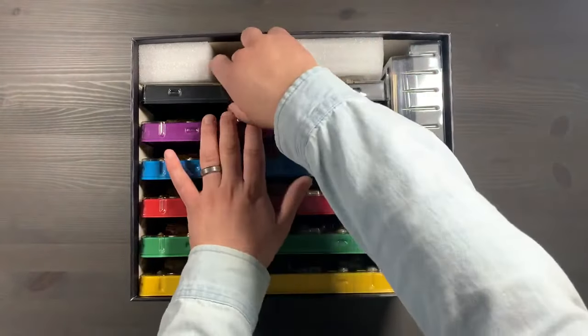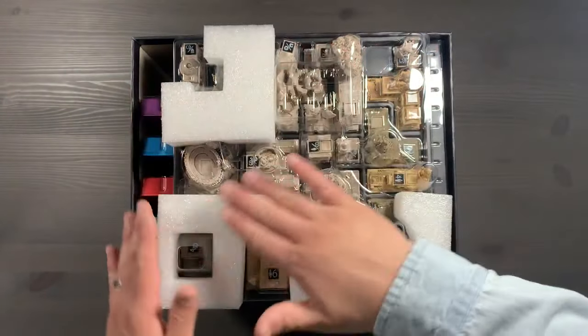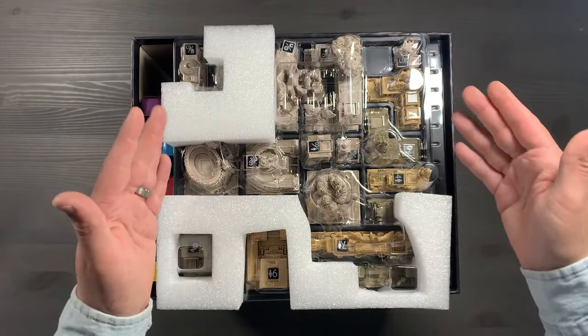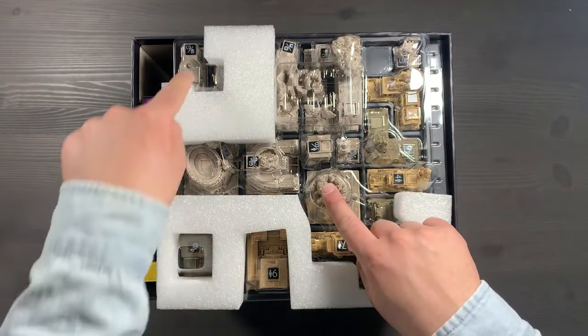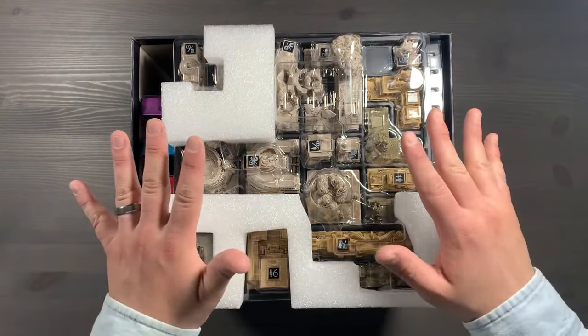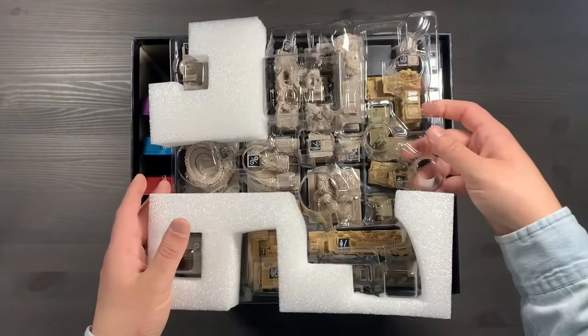Let's start off by taking a look inside of the monuments container here, and we'll simply pull the tray out like so. As you can see, we've kept a lot of the foam padding inside of the core game here. It doesn't inhibit the gameplay at all, and it just adds additional protection for some of these pieces that are going to be sticking out. I really like this because it keeps things nice and snug, and once again, it does not inhibit the setup at all. It does just kind of obscure the monuments, but when you pop off this lid here, you can